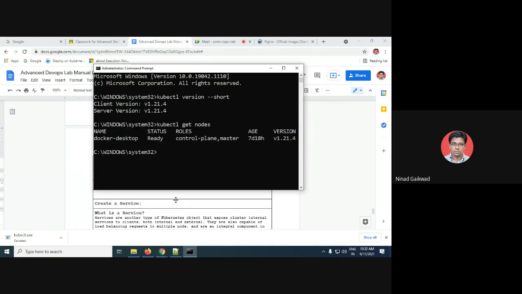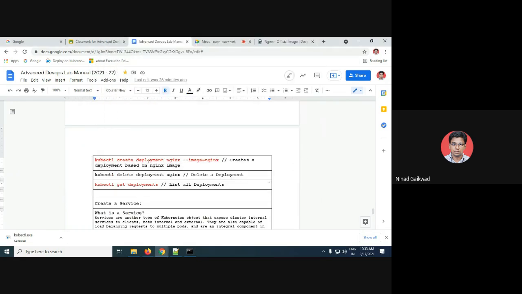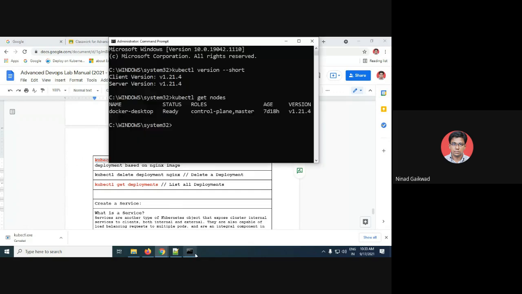Okay, I'm unable to paste it. So I'll copy it again. All right. So basically what we did is create a deployment. So kubectl create deployment Nginx and then the image on which it is based. All right. So now if we just check the deployments, which is